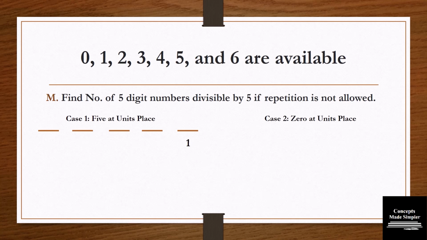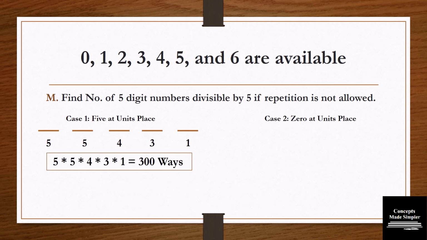The first placeholder cannot be occupied by 0. So the number of ways in which the first place can be occupied is 5. Now there is no other restriction, so we can sequentially fill the remaining places by the number of digits that are remaining. So it is 5, 4 and 3. So the solution for the first case is 5 into 5 into 4 into 3 into 1, which is